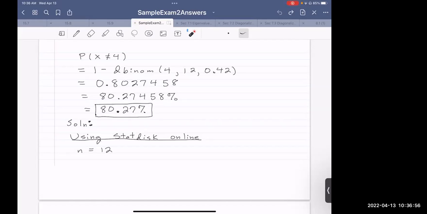Okay, so 1 minus d binom 4 comma 12 comma 0.42. So I get 0.8027458. Let me move my decimal place 2 places to the right. So 80.27458%, round to the hundredth of a percent. So 80.27%. If you were using StatDisk Online, then again, we will have a binomial distribution with n equal